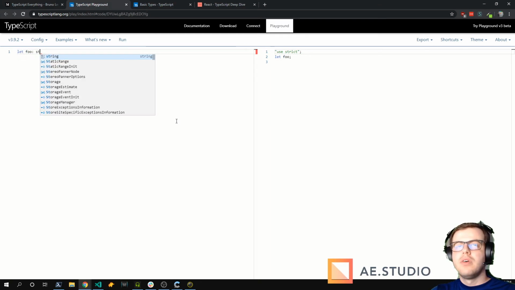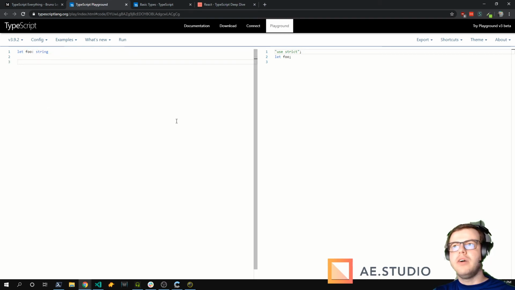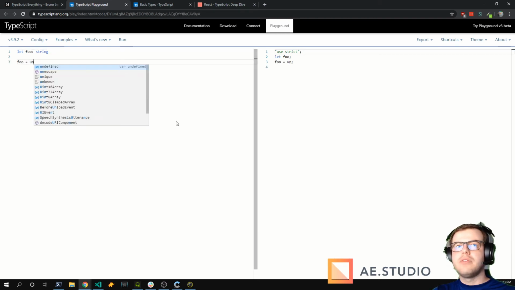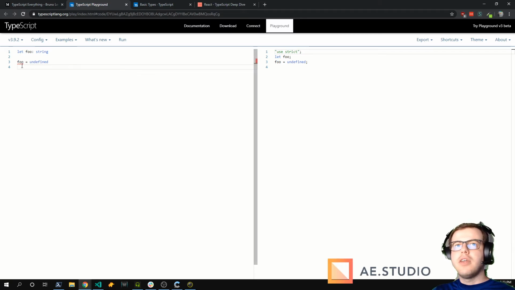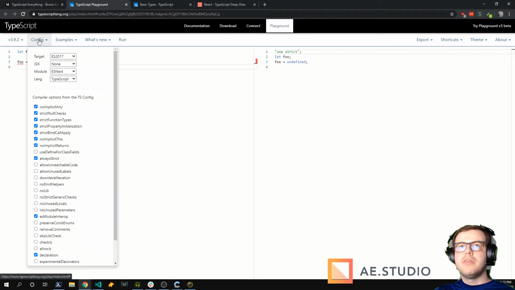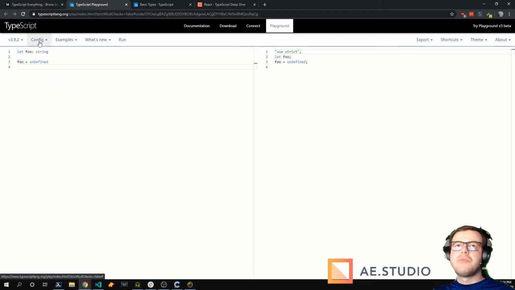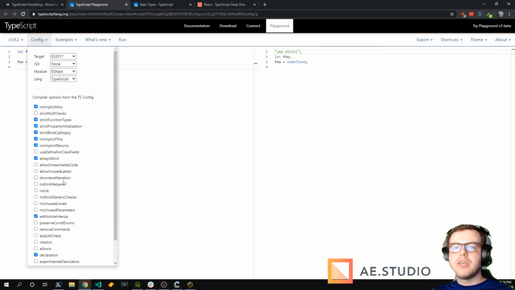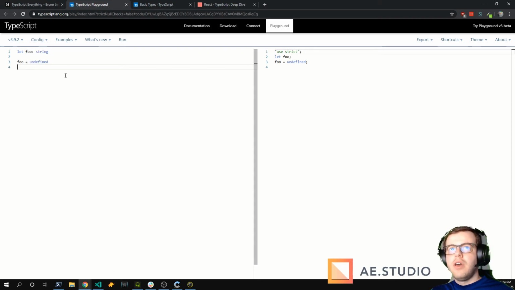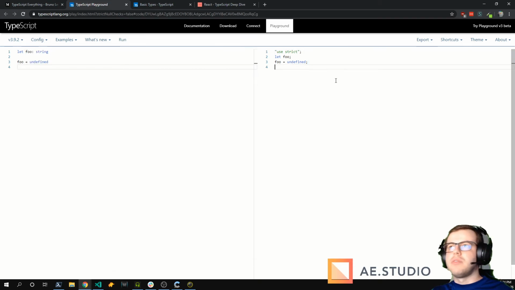If I have no checks enabled and I try to set foo undefined, I get an error. But if I go in the config and disable this thing, I don't get an error anymore. So the playground is really cool to play with the configuration because you can just toggle things on and off, and you can get a full list of the things here. It's really easy to mess with the configuration, and you can see the output JavaScript on the right side.